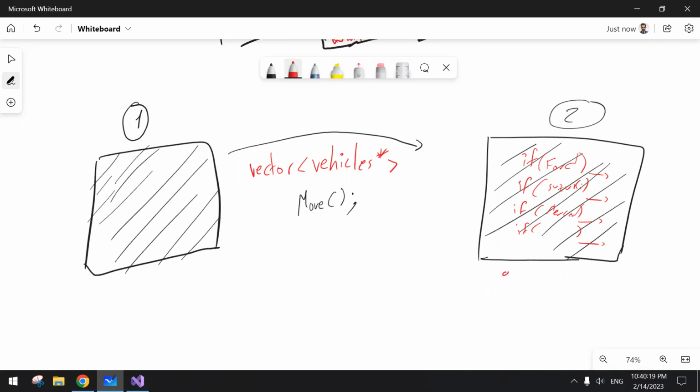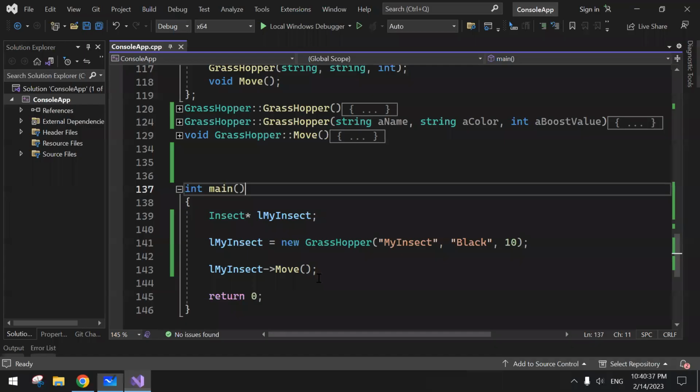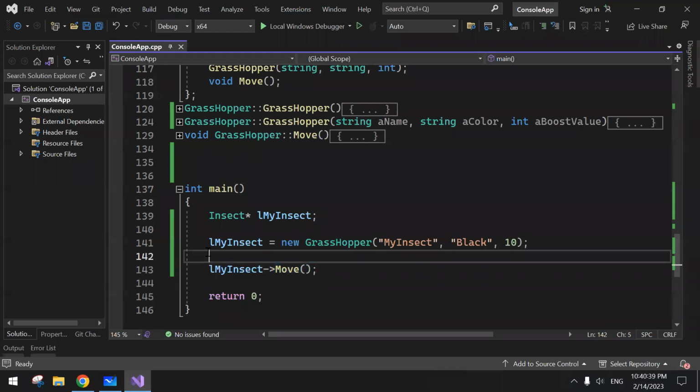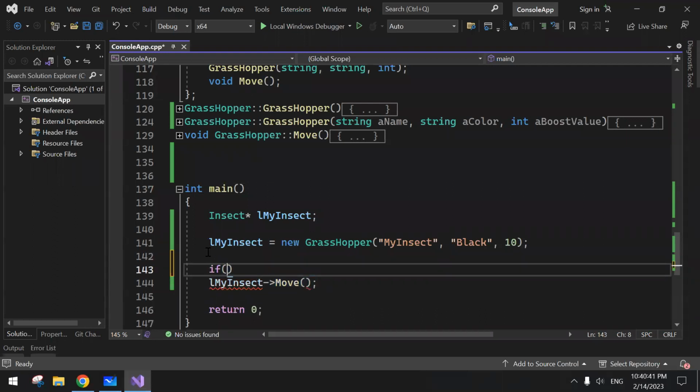that vector from 0 to end and call move on that object. As a matter of fact, it's an arrow. And call move. I don't care if it's a Ford or a Suzuki or a Mercedes, whatever it is, I just call move, similar to what I did here. Boom, call move. Did I need to do, hey, if it's a